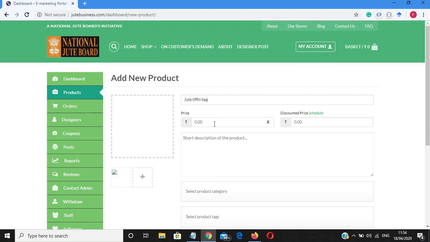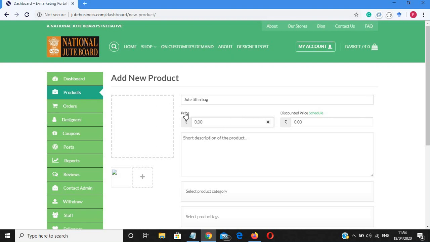First of all, we need to enter the price of our product. So the next section is the price section. That is the price, very important it is. So be careful. We need to concentrate here, because there are always two sections, one is the price section and another is the discounted price section. So the price section represents the original price of our product.